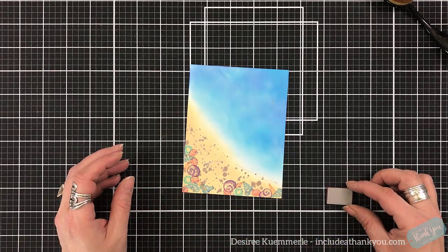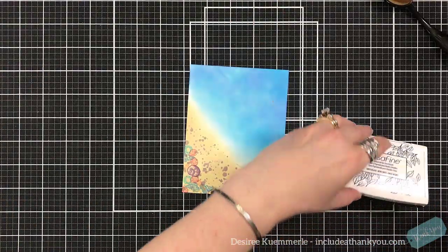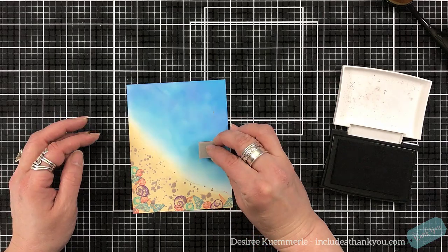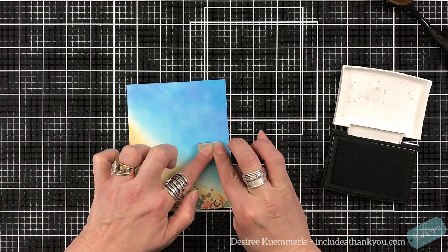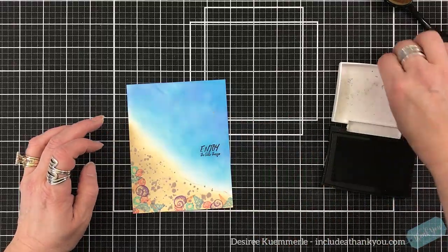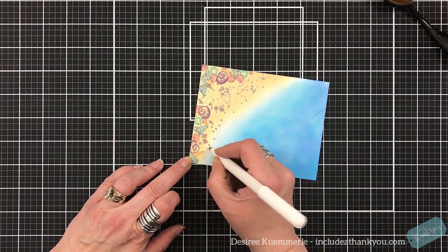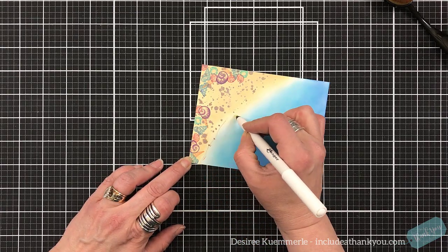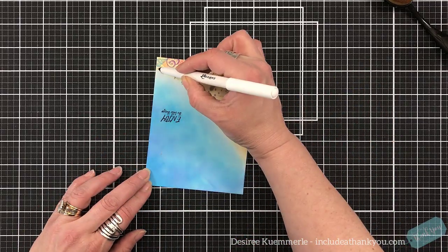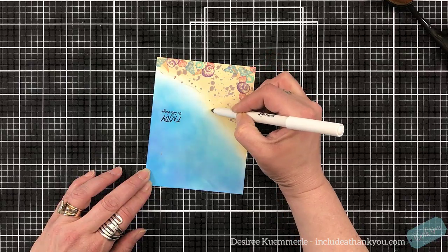So that's what our card looks like. I think it's really different. Now here's really what's funny. I could not find any of my acrylic blocks. So we really crossed our fingers and prayed that I was going to get that straight without using an acrylic block. That is the beauty of rubber stamps. So it worked, and it simply says, enjoy the little things. I pulled out one of my Ranger